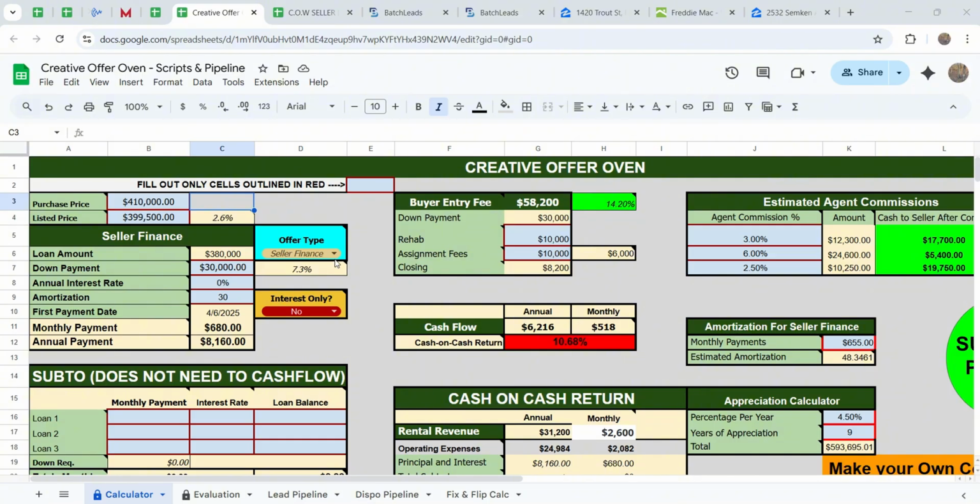Now, I've already put all the data that I'm going to be using in my offer into this. I'm going to show you how I got that data. It may or may not be because I made this video 4 times and the audio never got recorded. But besides the point,